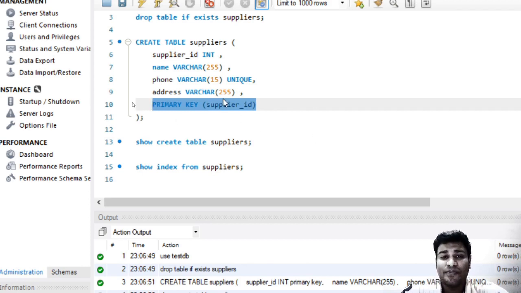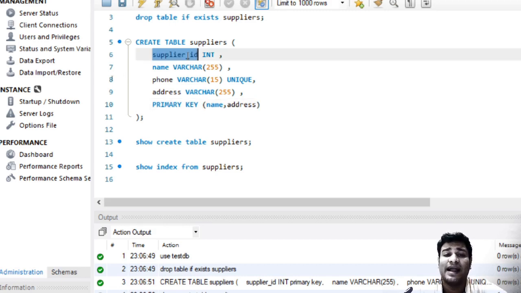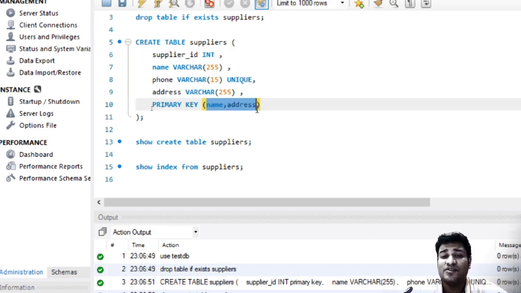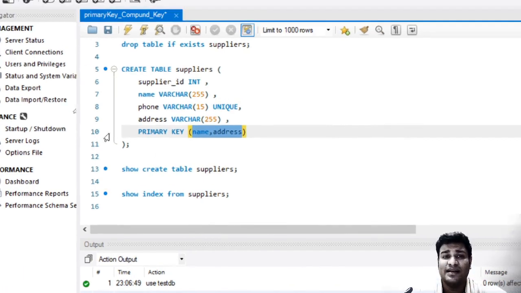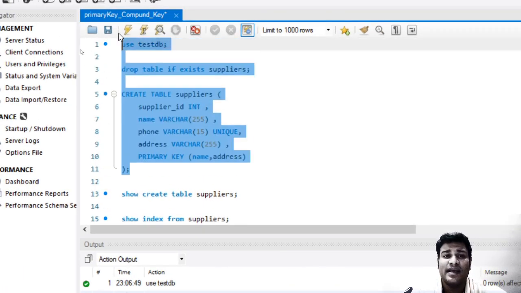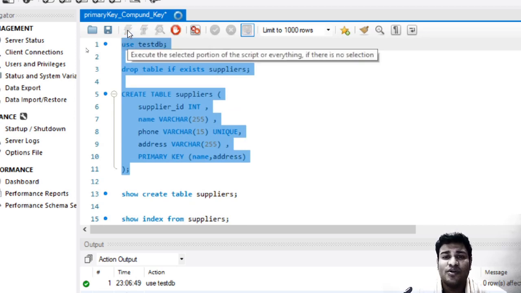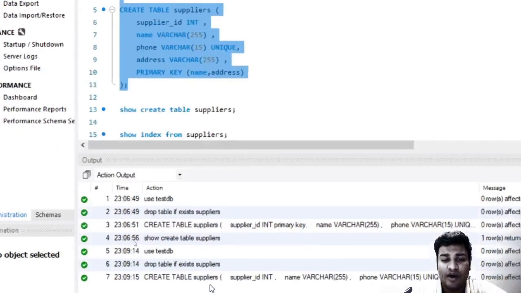So now this primary key has only one column. If I give a comma and say name, something like this. So I do not want my ID to be the primary key. I will say name and address. It will be very rare that the combination of these two will be unique. Even if two people are working in the same co-working space, this will be very, very rare. Obviously there can be a scenario, that's why we took supplier ID to be the primary key. But yes, this is the use of two columns as a primary key, and if we use something like this, it is called a compound key. Whenever a primary key is made of more than one column in a table, we call it a compound key.